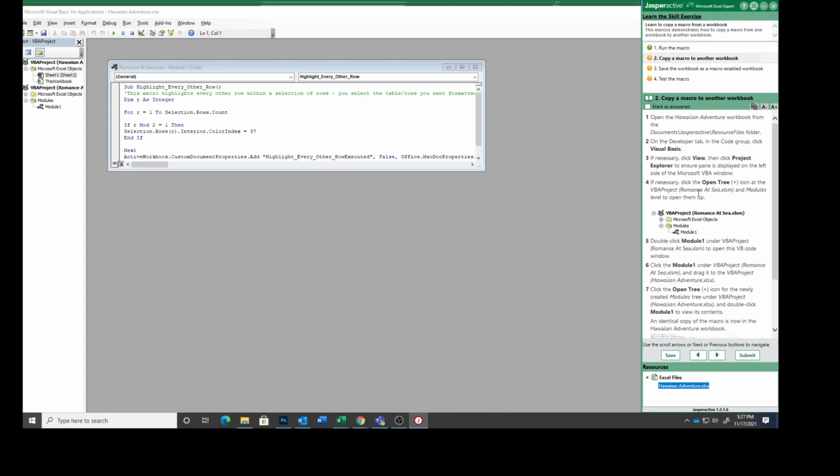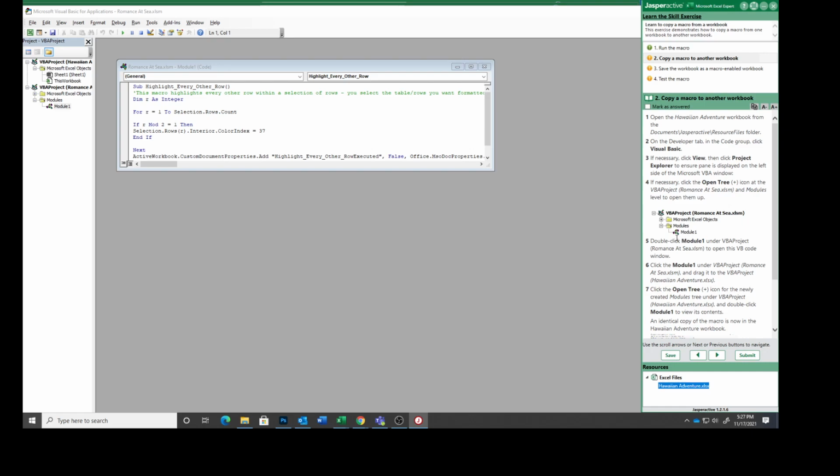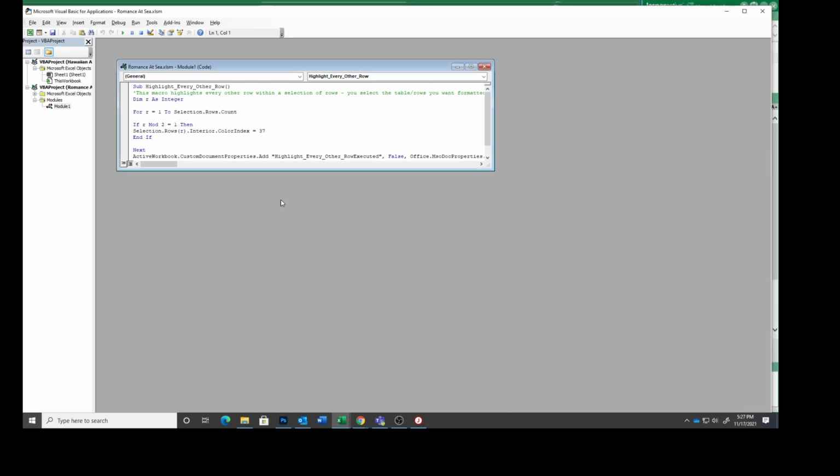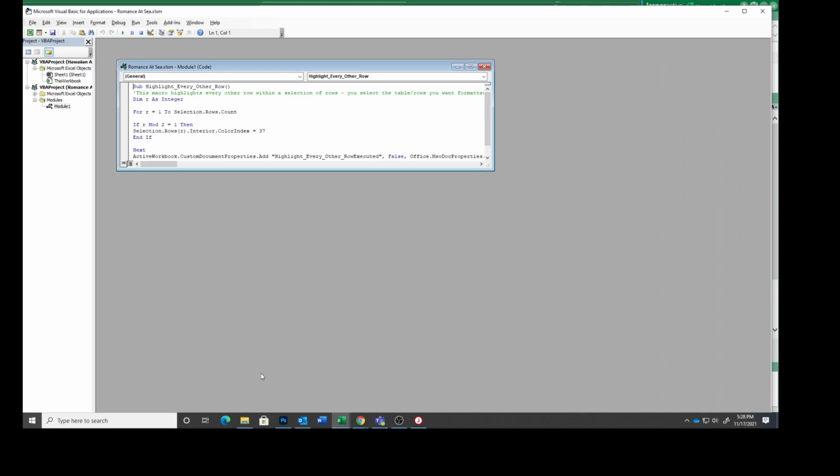If necessary, click the Open Tree plus icon at the VBA project. So mine, you can see all of my stuff. So let me move this over a little bit. It's talking about there would be a plus here, but you see that I don't need to click that because mine's already done. So double click Module 1 under the Romance at Sea to open that window, which mine was already open, but